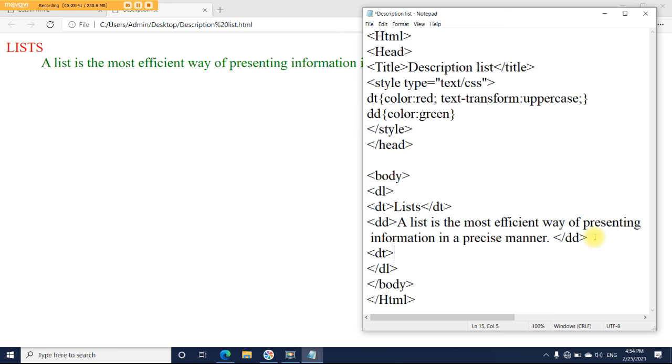Suppose I want to write table. Table is my heading. So add table, close this DT tag and write the description about the table inside the DD tag.